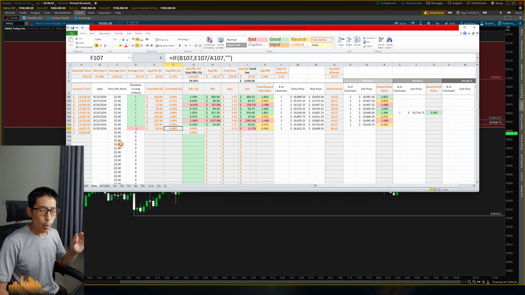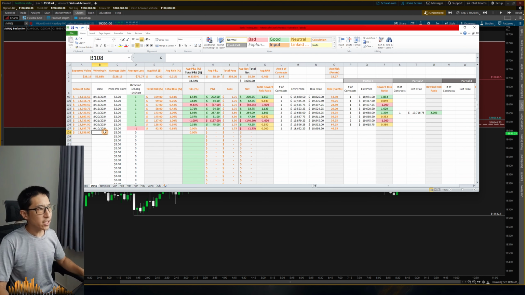Now, also one important thing, if you note the spreadsheet here, the last time I took a trade was August 29th. Today is September 10th. So that's almost 2 weeks of no trading here. So sometimes that's just how it is, right? You have to be patient. You can't be trading every single day. You got to be looking for the good setups, the trades that you're most confident in.